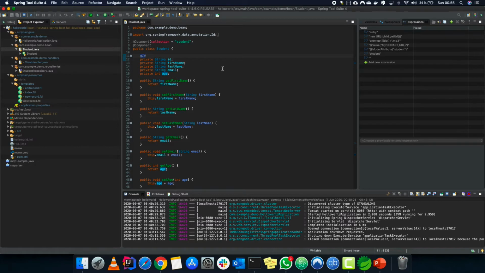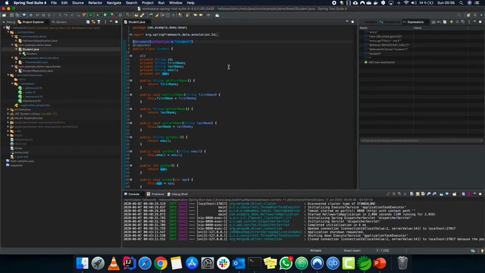So we have to tell our MongoDB that this particular class is used as the record for that particular collection. The document collection is saying that this particular student class is being saved as a table, and it will be a whole collection of records in that student table.